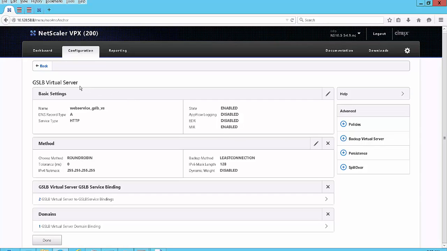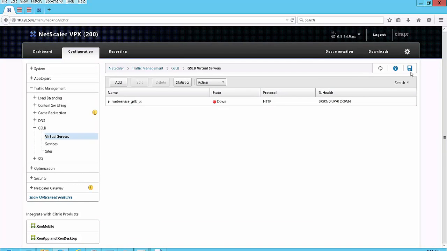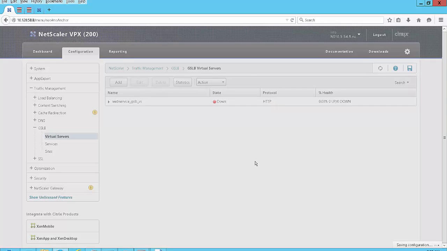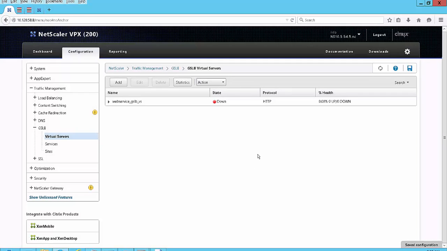The main point here is we have a GLSLB virtual server. It has two service bindings, and we also have a virtual server domain binding. This is done here. Okay, and then we'll save things here. At the moment, you see one server is up and the other one is down because it doesn't have enough information about possibly the remote server. At this point, we are done with all the